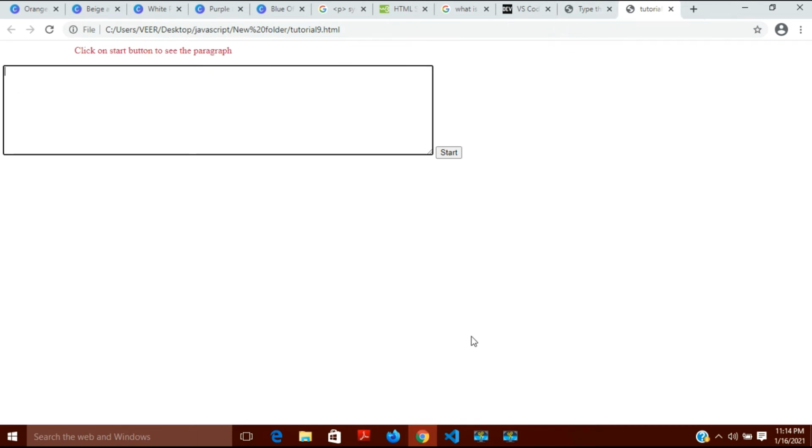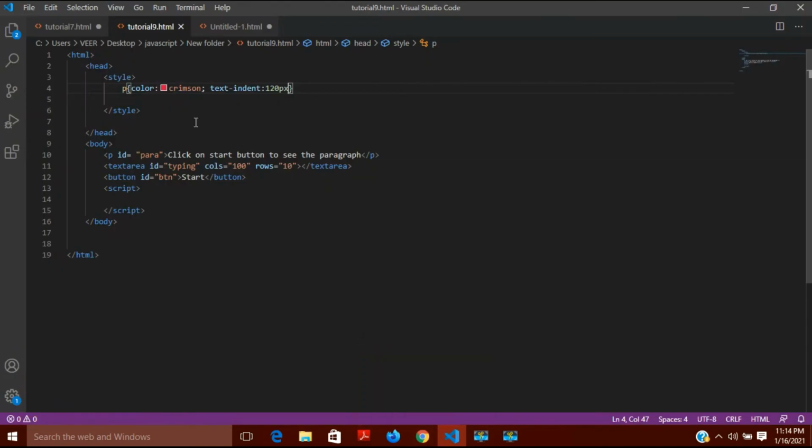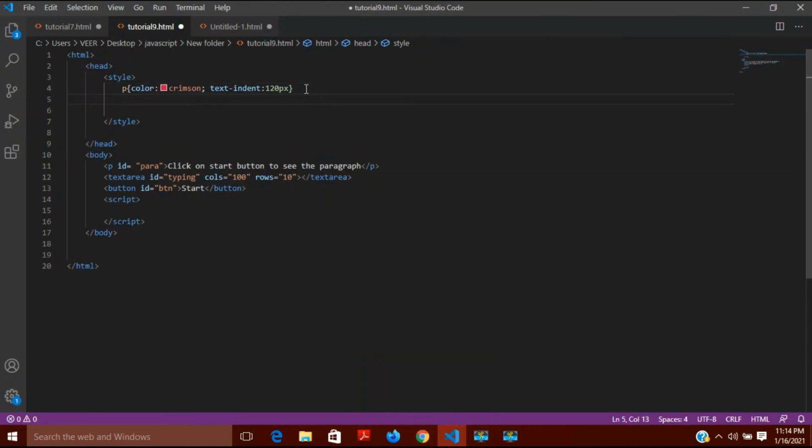So now here I will write textarea, and for this also I will write the things in curly brackets, and first of all I will give it background color.